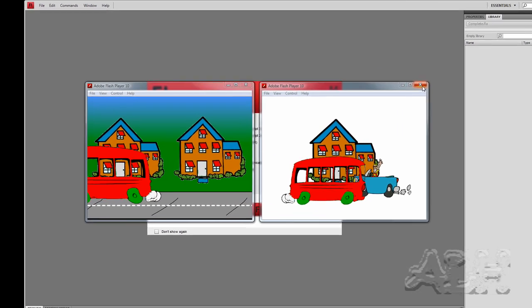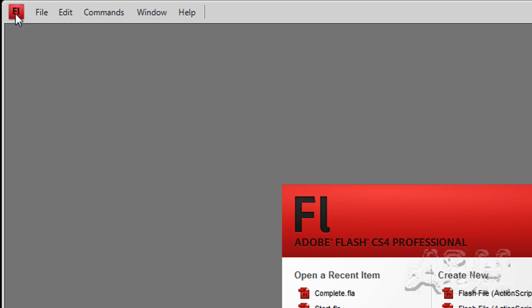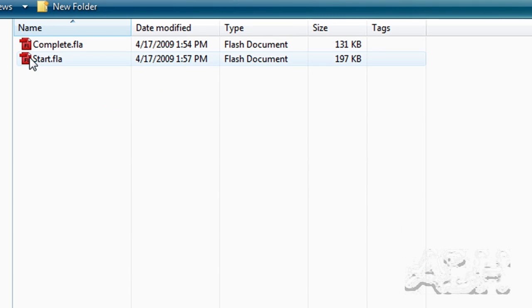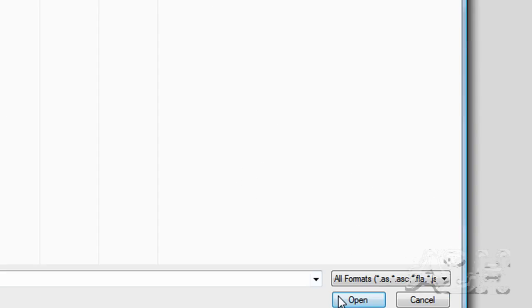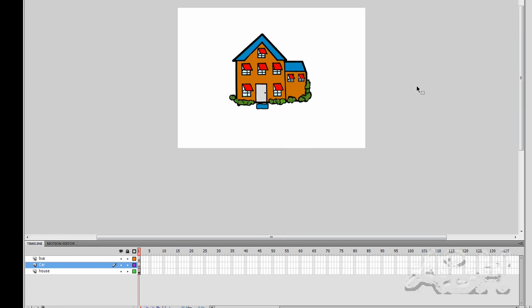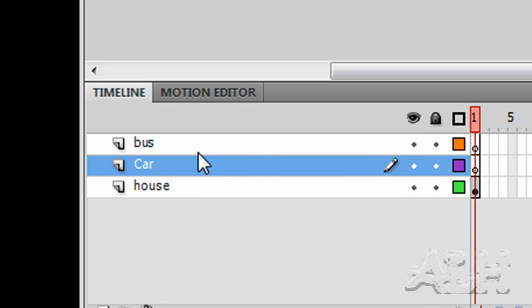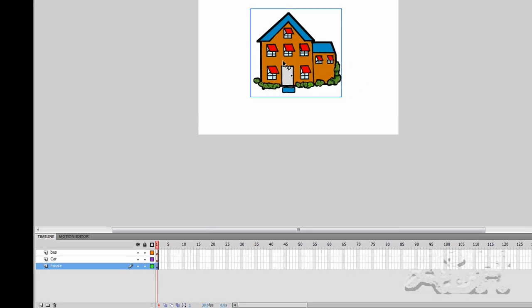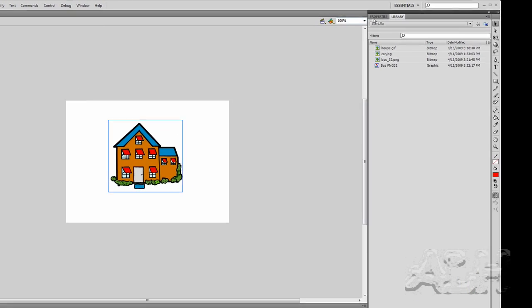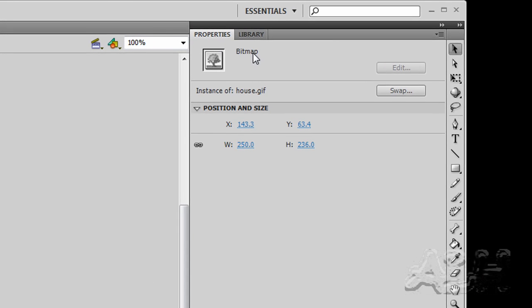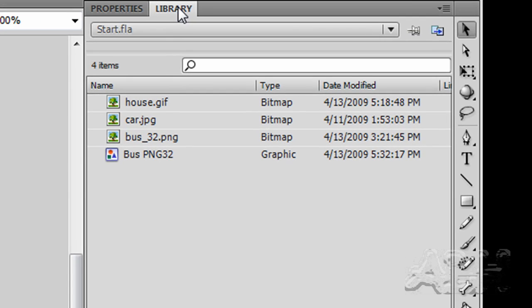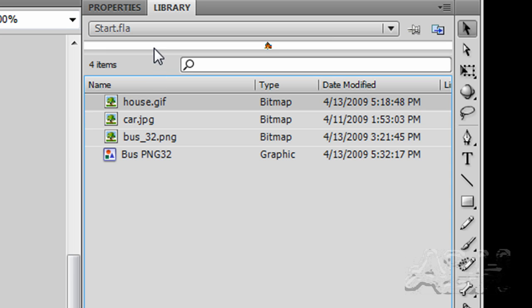So we'll close these two finished examples, and we'll start by opening a prepared file, the start file, and let's take a quick review. On the scene 1 timeline we have 3 layers. 2 of them do not have anything on them for the bus and the car. The house layer currently contains a bitmap graphic, the bitmap of the house.gif that was imported. If we take a look at the library, we see the house.gif